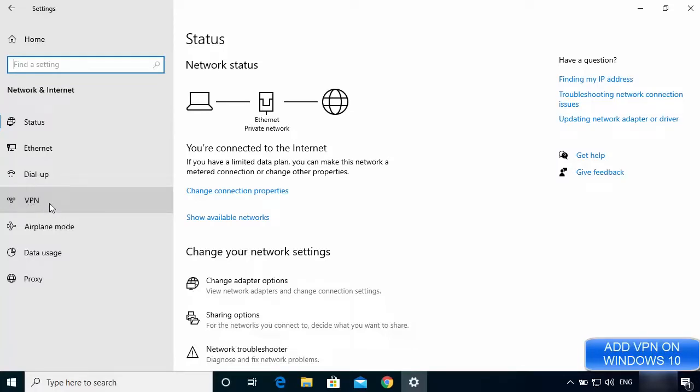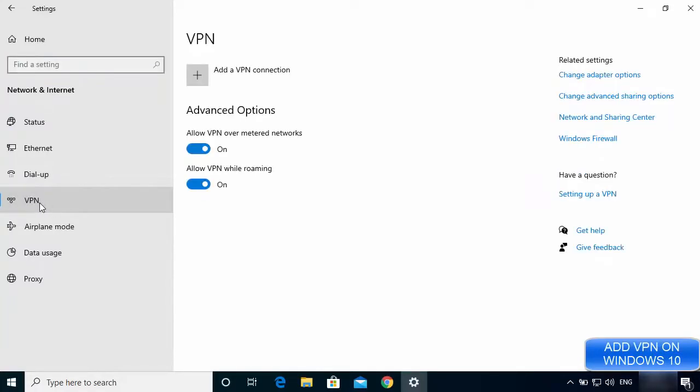So just click on this option, and by default you will see that the advanced options, allow VPN over metered network, is on, and allow VPN while roaming is also on. So by default these are on my Windows operating system, and you might also want to turn them on if they are not on. Now in order to add a new VPN, you can click on this option which says